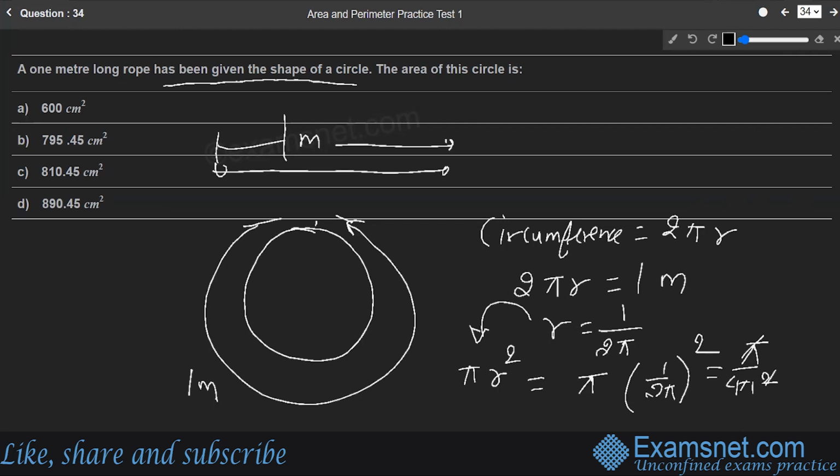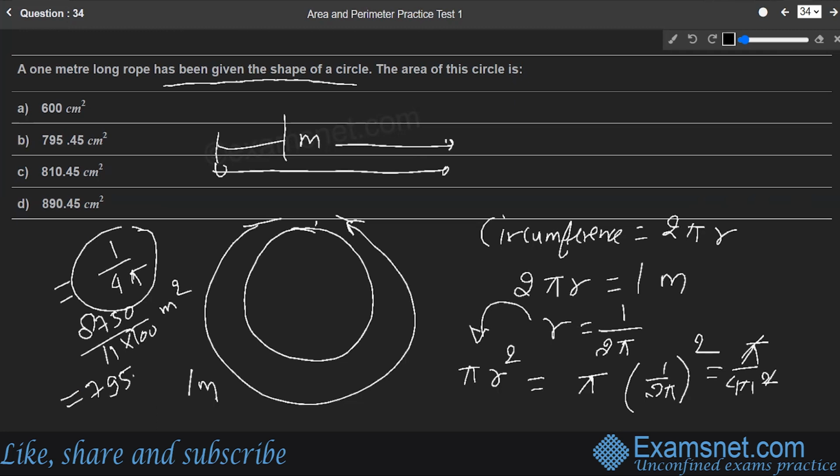So ultimately the area is coming out to be 1 by 4 pi. So clearly we need to solve this. 1 by 4 pi, if we solve, it's coming out to be somewhere 8750 multiplied by 11 into 100 meter square, which is coming out to be exactly equal to 795.45